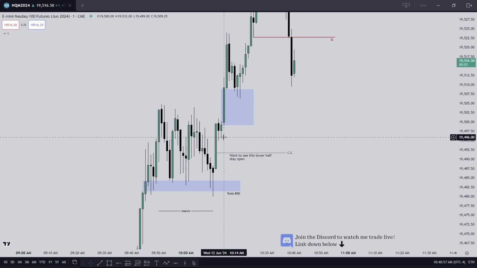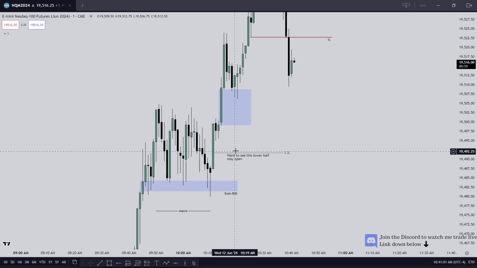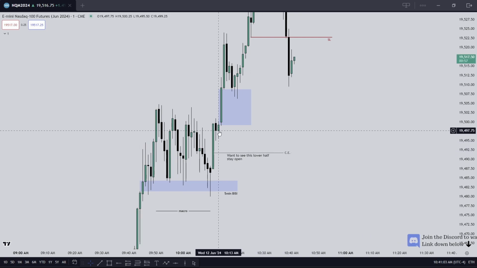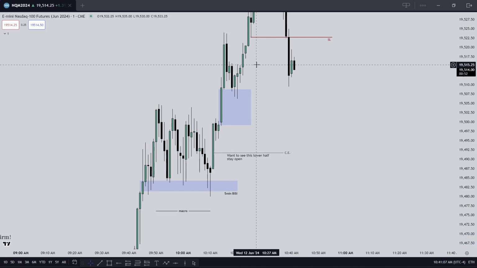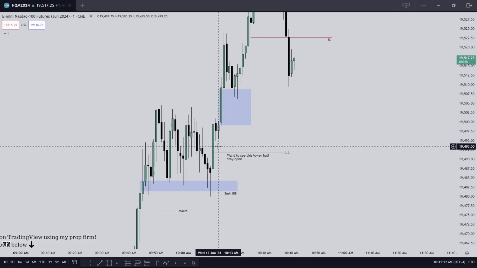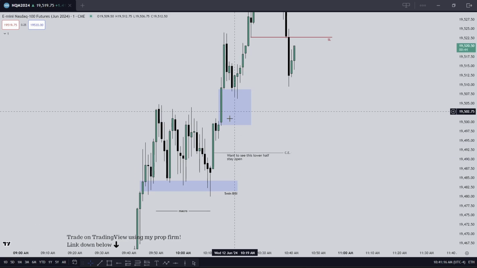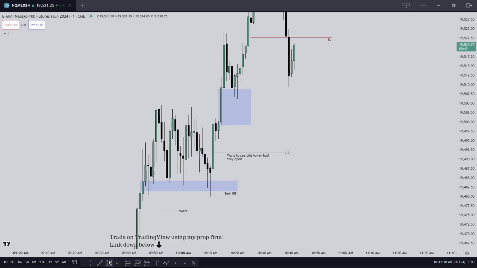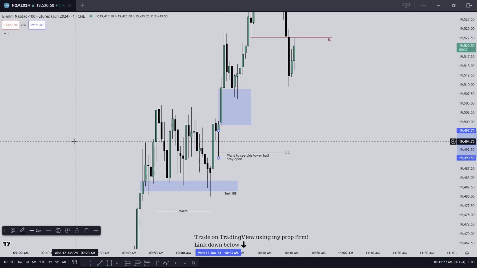Now it's not a problem if it does, because what are we looking for? We're watching to see if that lower half stays open. So it could trade down, trade down, trade down here, and then snap back up, and that's perfectly fine. I'm still seeing that as we're really bullish. It can even trade down below consequent encroachment all the way down here and then snap back up and leave a little wick. So if this candle looks something like this, it's a good teaching point. That was a great question.